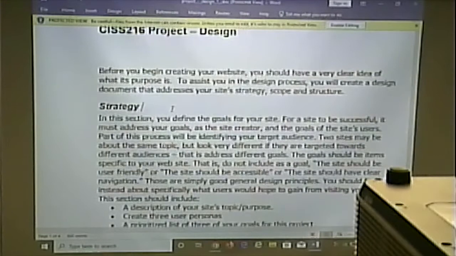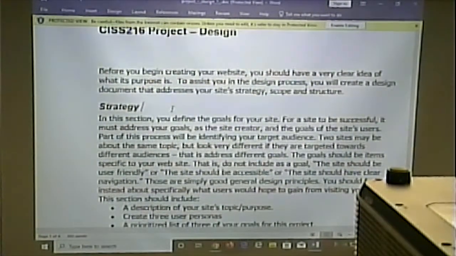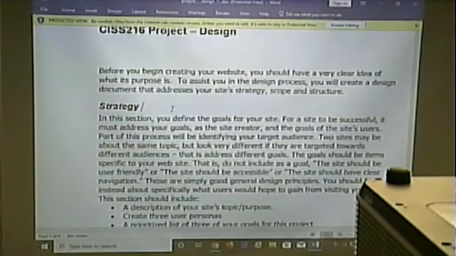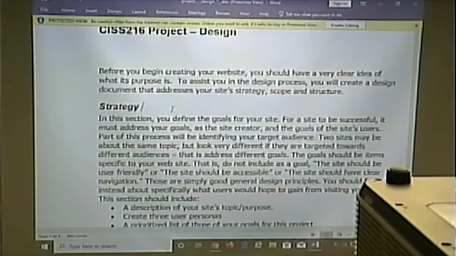A larger site, you're going to have many more than 3 personas. We could list probably a dozen different kinds of people that are going to be visiting Loring Community College's website. And each one of those might have a half dozen different very important goals, or maybe even more. All right? But for this, you're going to define 3 groups of people, and you're going to define the 3 goals for each of them, and then you're going to define the 3 goals for the organization that's creating the